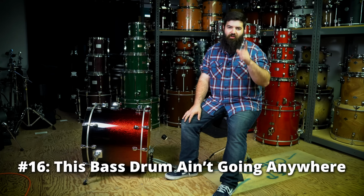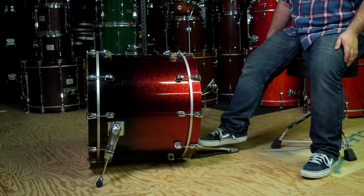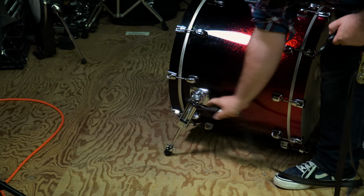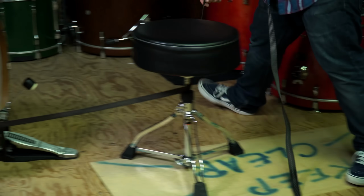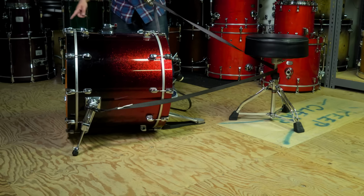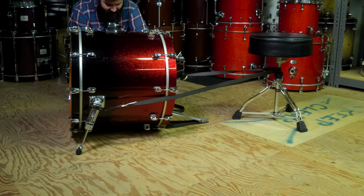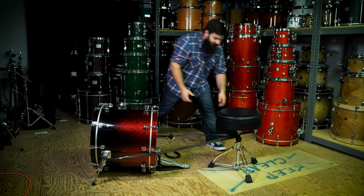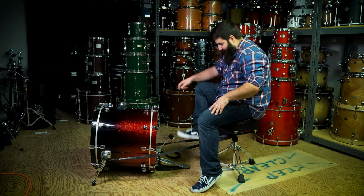Have you ever showed up to a gig and forgotten your rug and this happens? So if we take our ratchet strap, take one end with the hook, wrap it around the spur, then go around the throne, then put the other end around the other spur, and then give it a little bit of a tighten. Get it to where you want, that should be good. Might be a little goofy and tricky to sit down, but now